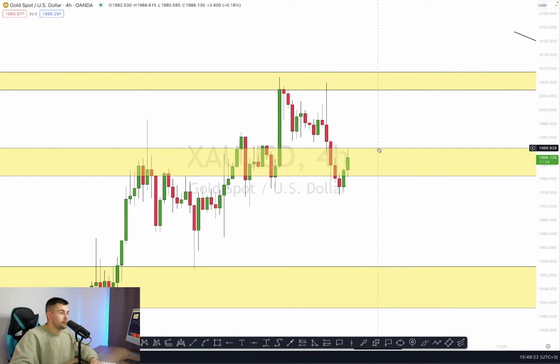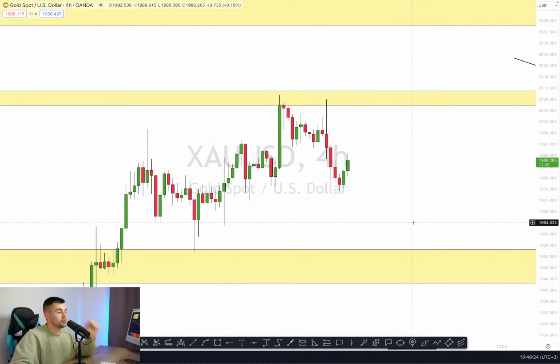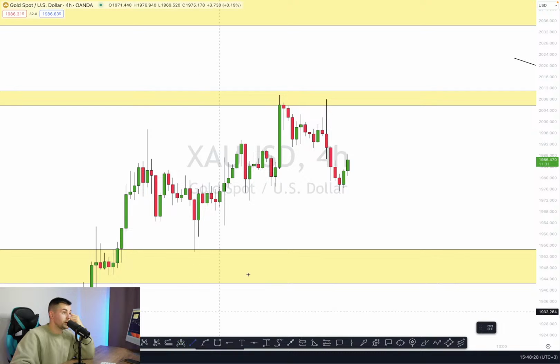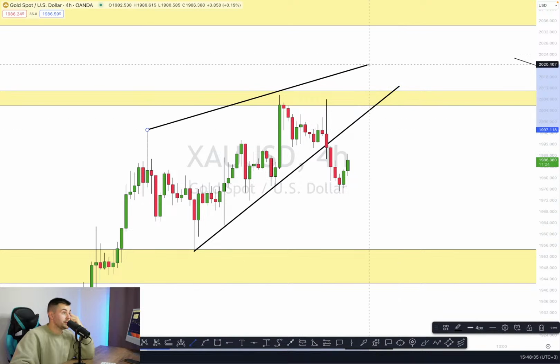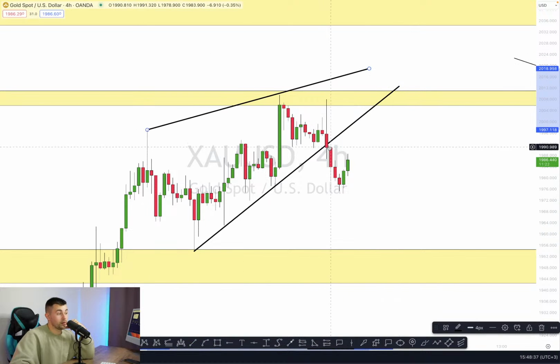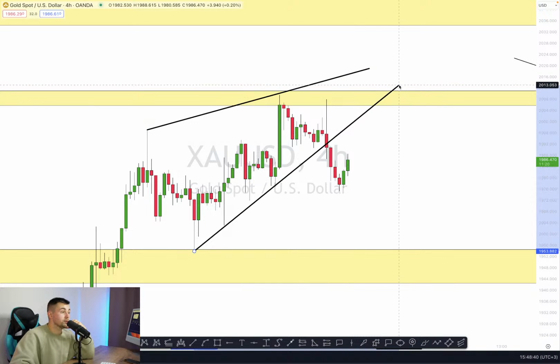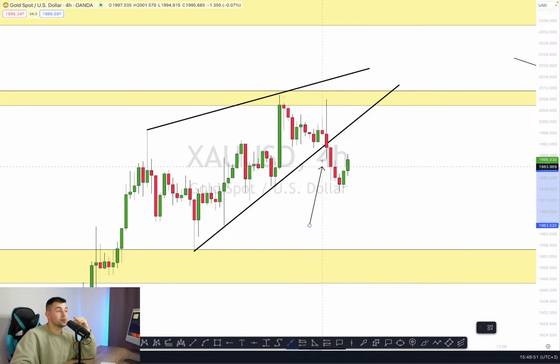On a 4-hour time frame, I have spotted multiple very important clues. First of all, yesterday on TradingView, I shared a bearish forecast. I spotted this rising wedge pattern, and I told you that a bearish breakout of the support of the wedge would be a strong bearish signal. I told you that the violation of that rising trend line would give you a strong intraday bearish signal. And you can see how perfectly the price dropped after the breakout.